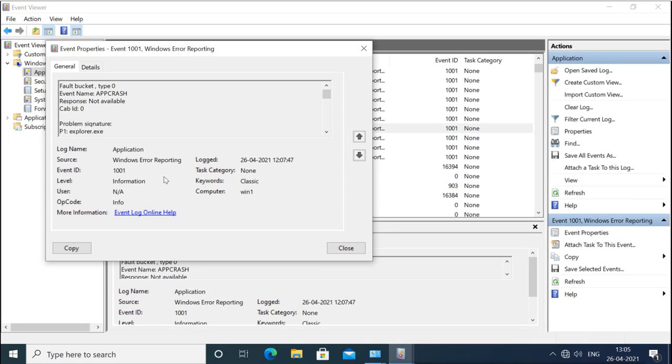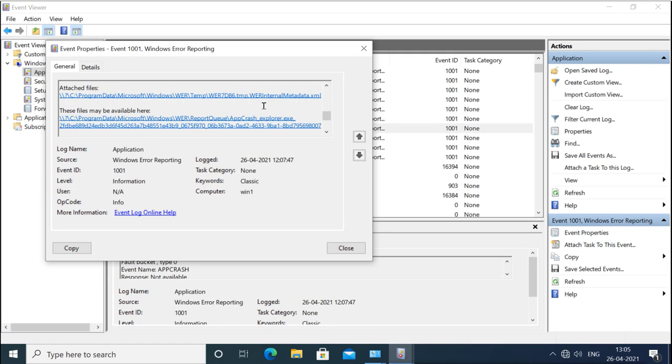And if you want more help about this log, you can get the information from an online source. This is the information here, showing the details.